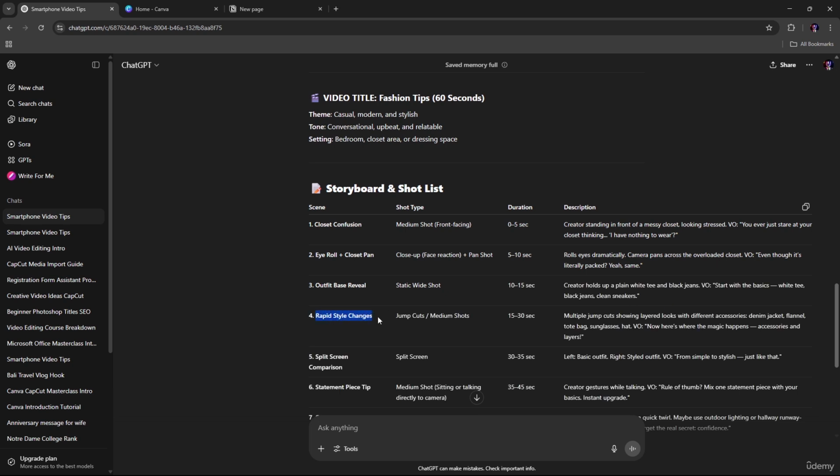And the next scene, number 4, is rapid style changes. It could be jump cuts with medium shots, and the duration is 15 to 30 seconds. The description: multiple jump cuts showing the look layered with different accessories, like denim jackets or flannels, tote bag, sunglasses, hat. Voiceover: Now here's where the magic happens, accessories